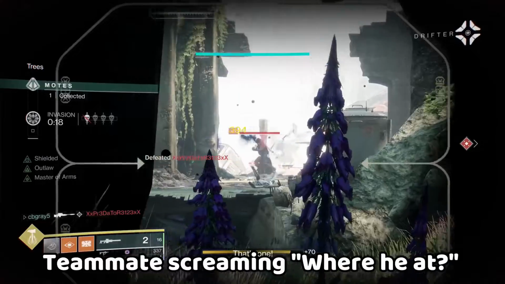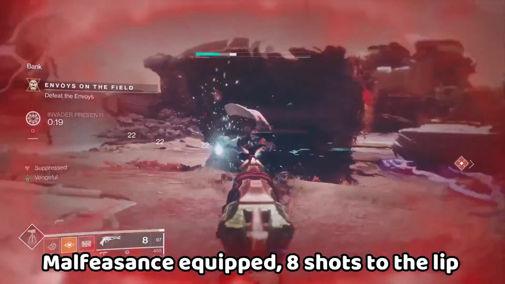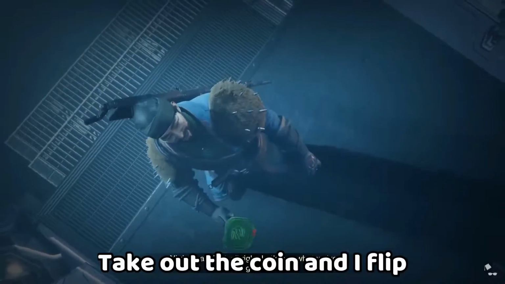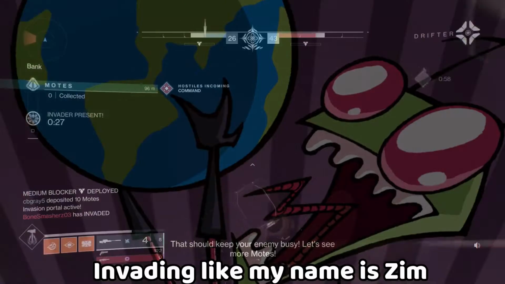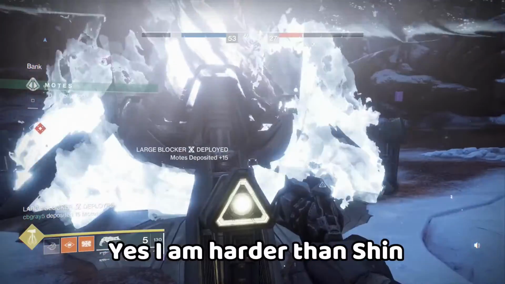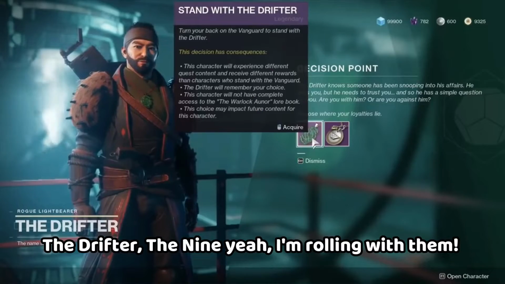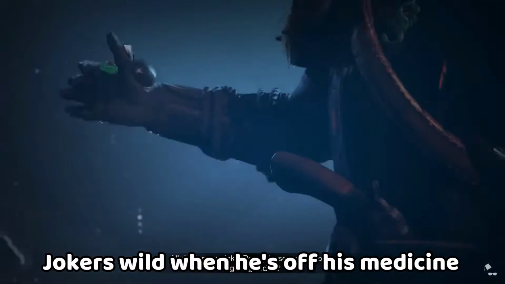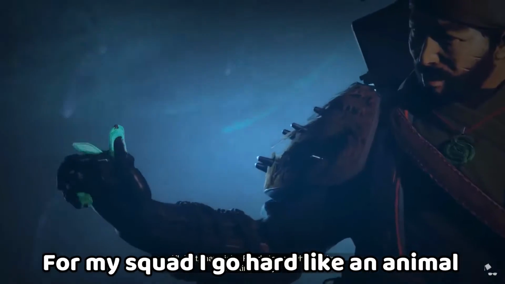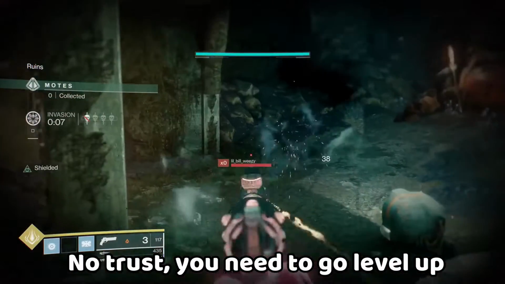Vision's equipped, shots to the lip. Take out the coin, then I flip. Pull out the thorn, then it's ripped. Dragon tattooed on my hip. Invading like my name is Zim. Dunking these moves like a rim. Yes, I am harder than Shin. Making you pay for your sins. The drift of the 9. Yeah, I'm rolling with them. No, I'm not fine. I feel incredible. No, I'm not regular. Stand on a pedestal. Joker's wild when he's off of his medicine. Listen for my squad, I go hard like an animal, buy guns. Got your head on the reticle, no trust. You need to go level up,